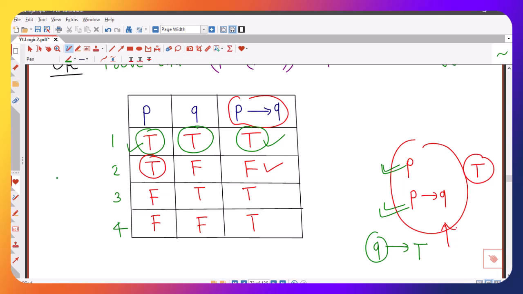So this is the first possibility in which both the premises are true and the conclusion is also true. Now we check whether there is any other row in which these two have truth value true. In the second row, P implies Q is false, so we don't have to check. In the third row P is false, and in the fourth row also P is false. That means these two premises are true in the first row only, and in that case Q also has truth